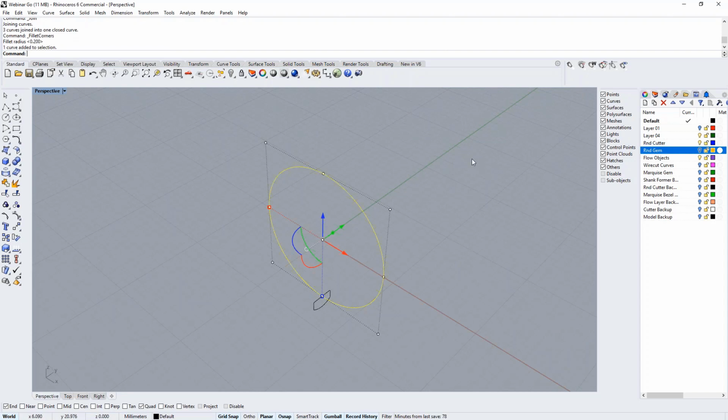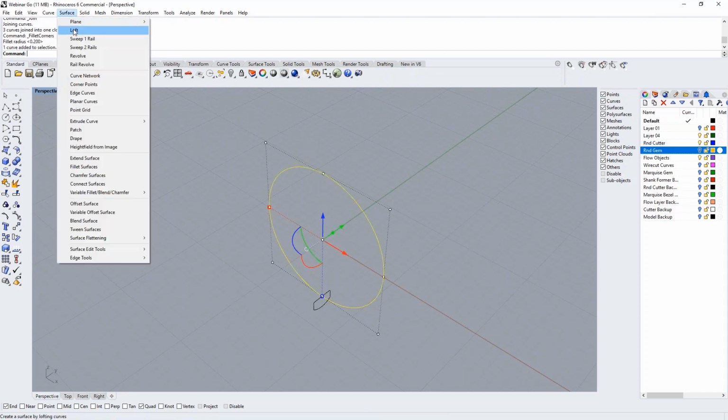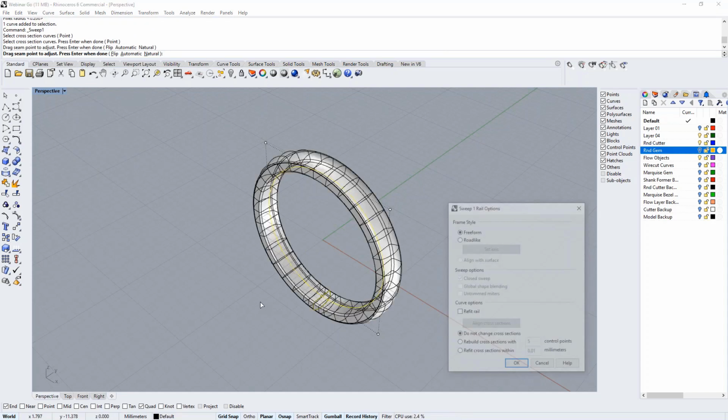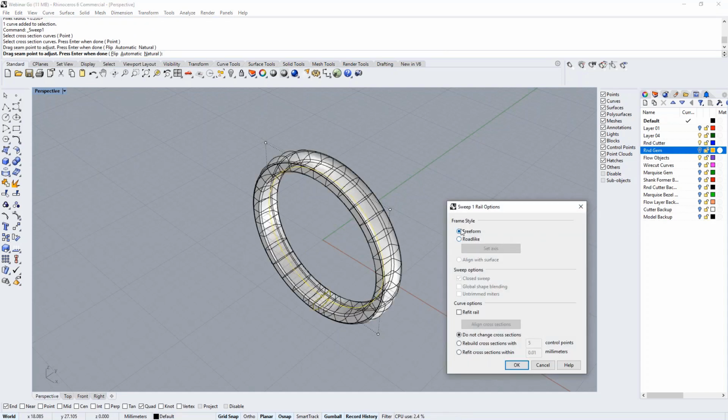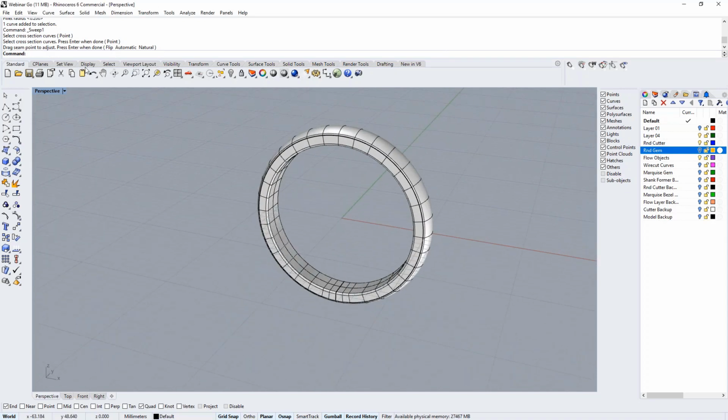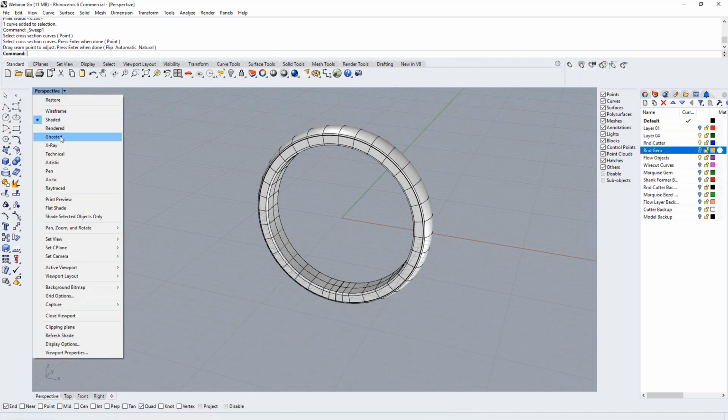Okay, this is going to be the rail that we're going to sweep one rail. We're going to use this as a cross section. Drag seam point, I'll accept that. And we want to use road-like here, and I'll explain why in just a second. And I think we can just accept that and it'll be fine. All right. So now I'm going to ghost this,